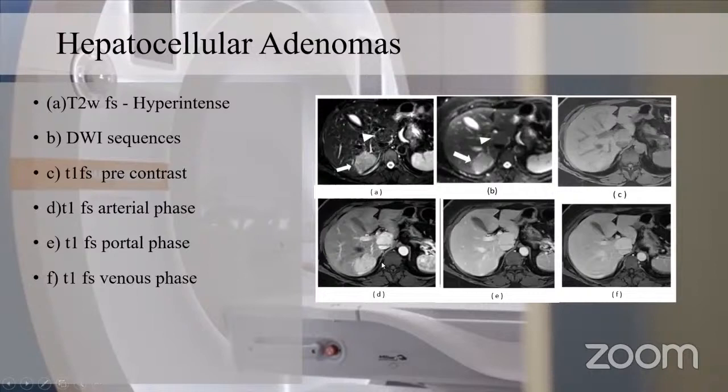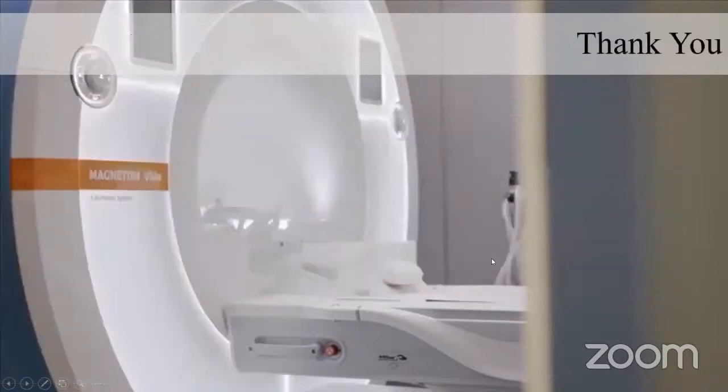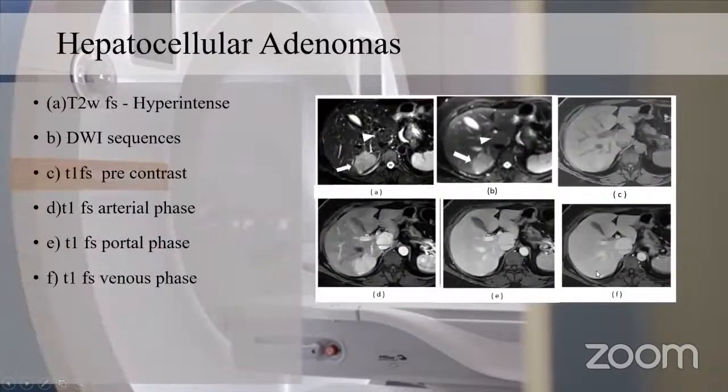Then D is the post-contrast arterial phase. There is enhancement, and after that, in the portal phase, the enhancement is reduced, but still a little bit there. And after that, in the venous phase, there is no enhancement. So, hepatic adenoma here,